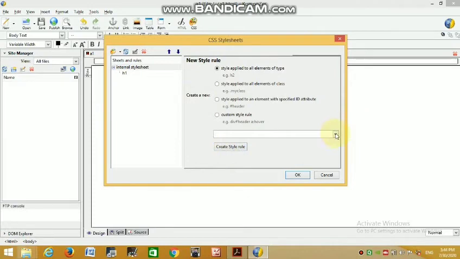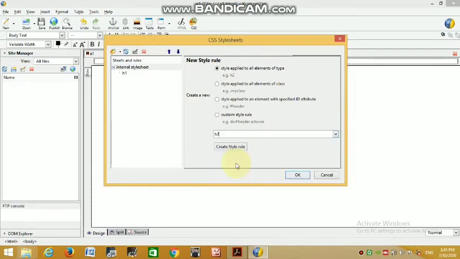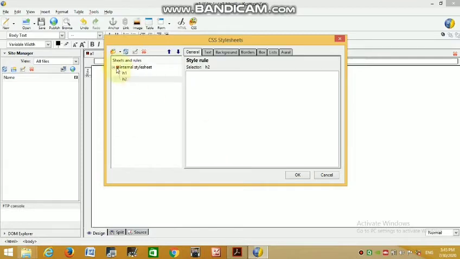You can select your tag. For example, I select the H2 tag from here. Now one time we apply the same command as for the H1 tag. Now create style rule. Okay, now you can see internal style sheet H1 and H2. You can see two tags.